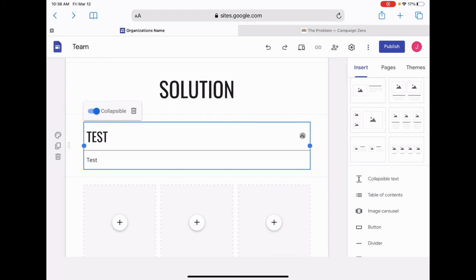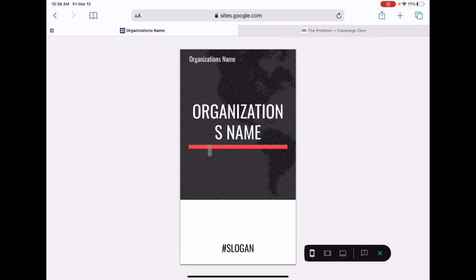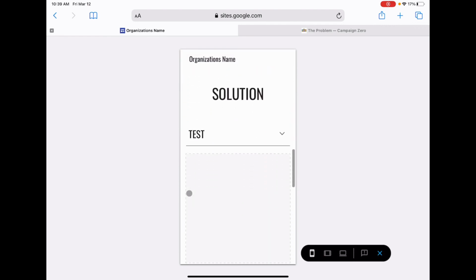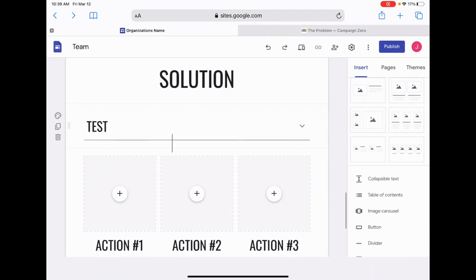There we go. All right, let's look at it, and you can take a look too. Let's preview. There it is. Collapsible. There you go. You can open it up and see different things. So it's just something you could do as well. Another idea. I'm gonna delete that because it's not really functional for what we're trying to do.